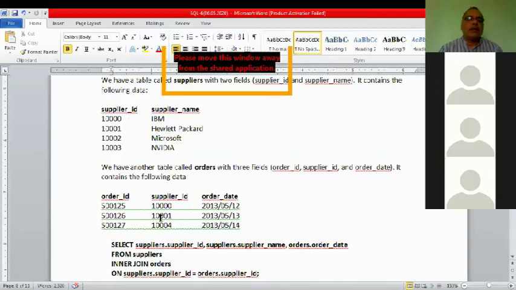Supplier ID is the common field of orders and suppliers.